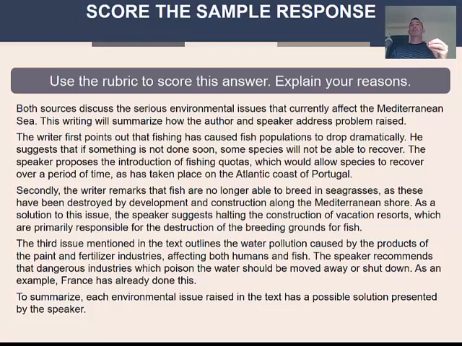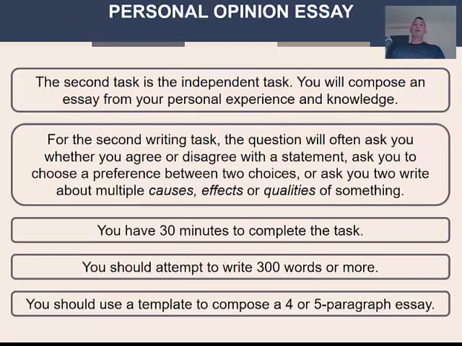And one mistake that some students make is just throwing in their opinion at the end or even in the introduction. That is not what they should be doing. So make sure that they are reporting on the professor and the author's points of view. Okay, the second task is